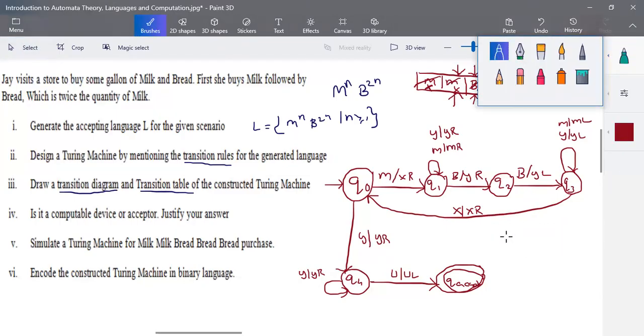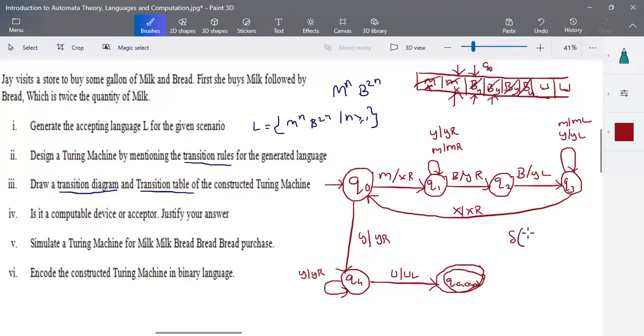Okay, so transition of Q1 when the input is blank, we are going to the Q reject state. Transition of Q2 when the input is blank, we are going to the Q reject state. Now, when you have an excess number of B's, see here,